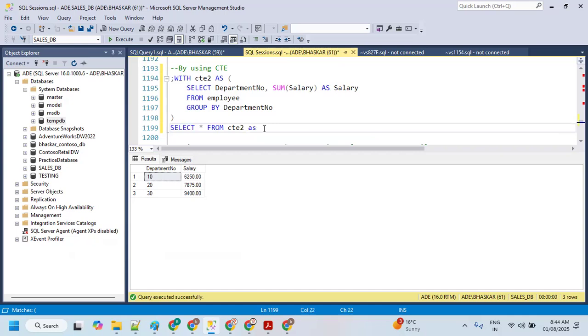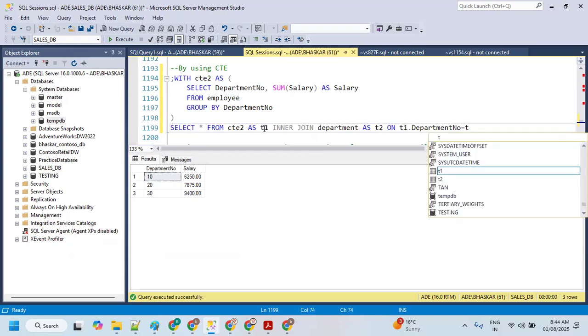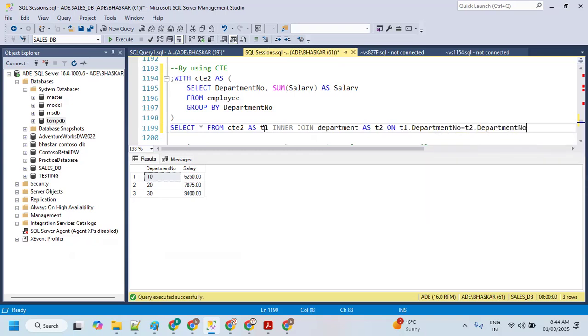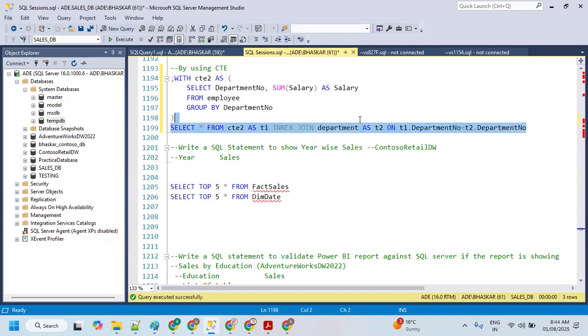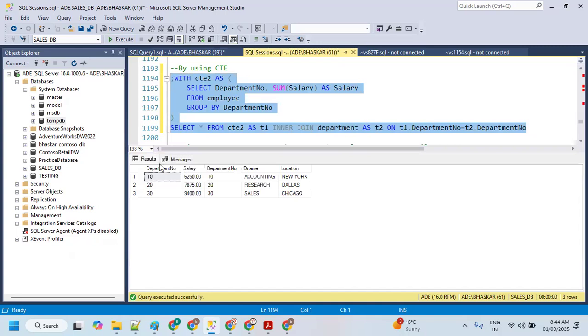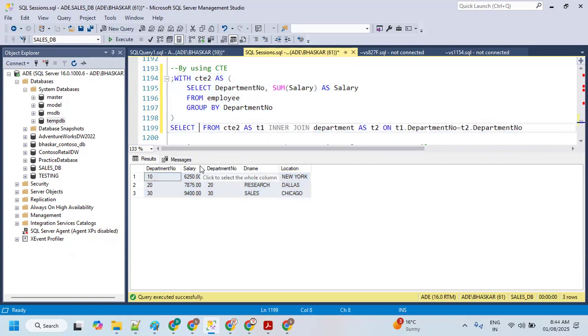Let me give the alias name for this as T1. Inner join with department table as T2, on T1 dot department number equals to T2 dot department number. Let's execute this. You can see all the columns from the CTE2 and all the columns from the department table, but I need only dname, that is T2 dot dname